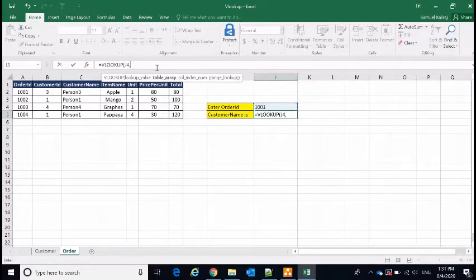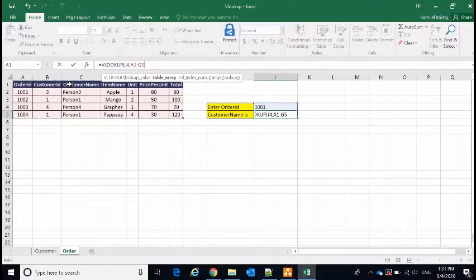Next, what is the table array? In which table do I have to find this value? We are saying you have to find it here, from A1 to G5. This is A1, this is G5. In this region we are asking VLOOKUP to find J4 in the first column.